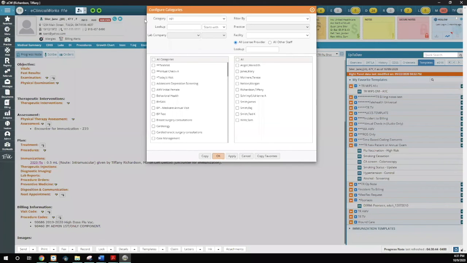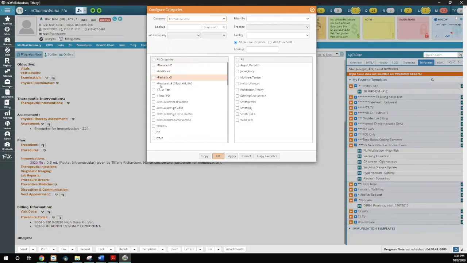In your category options here, just note that this is also for multiple areas within your progress notes. You have your HPI, ROS, exam. So those categories on the left-hand side in those windows that you're viewing in each one of those sections of the note, you can actually preset your category so you don't have to see all the extra information that may not be used by your system, because a lot of it was ECW generated data based on what might be beneficial to overwide practices. So if we go to our immunizations here,